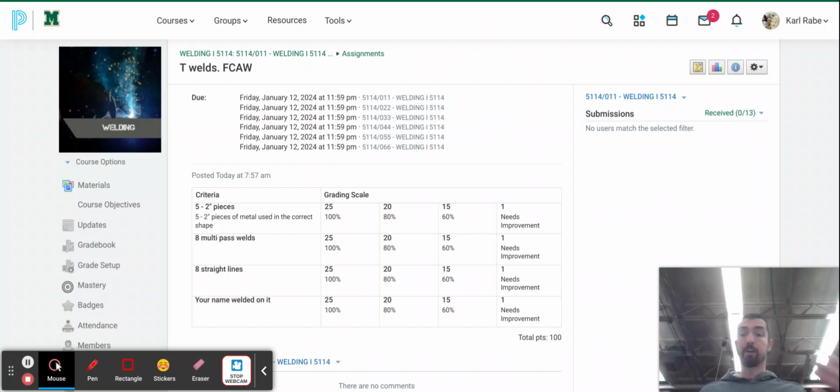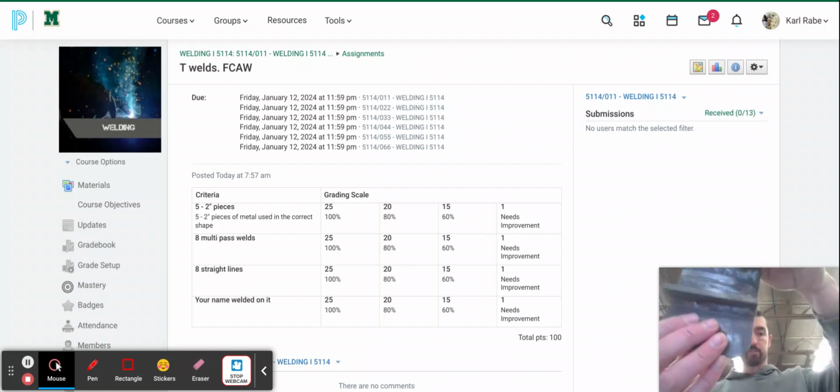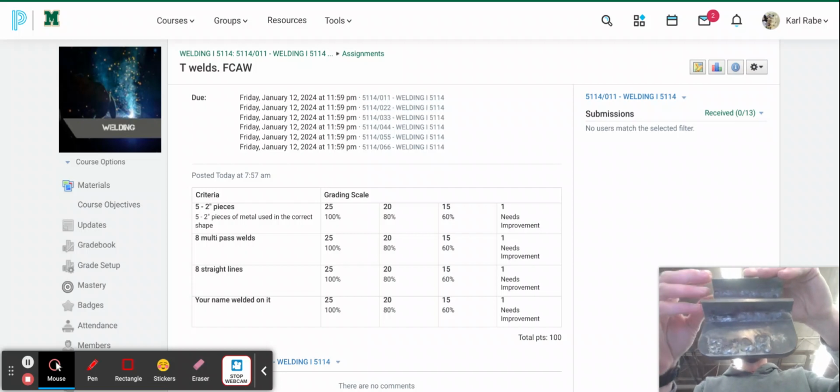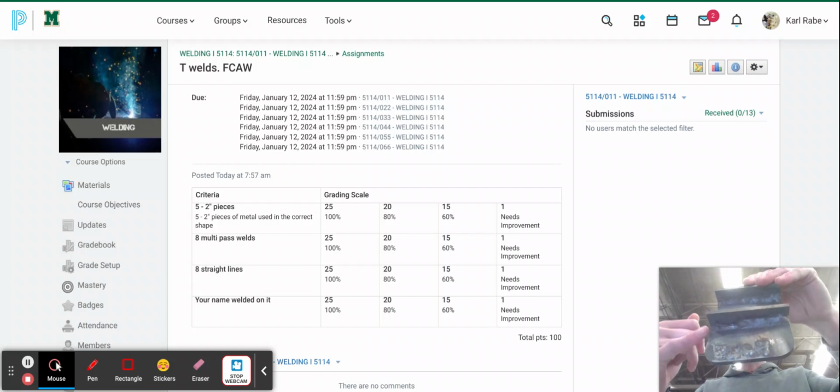So you need 5 2-inch pieces. 1, 2, 3, 4, 5. And then they all need to be 2 inches. 8 multi-pass welds. These are T-welds specifically. So what we're looking for there, I don't know if I'll be able to show this on the screen or not. Each spot, front, back, sides, all sides of where the T-welds are going to be, you're going to have